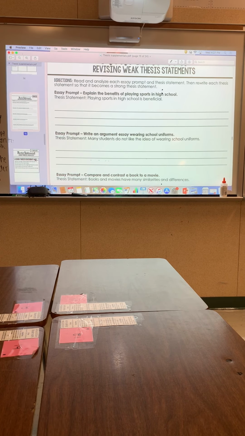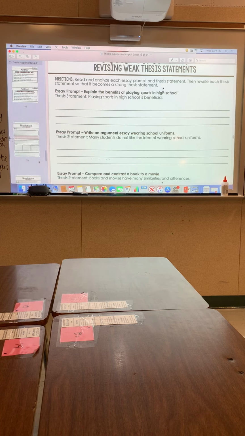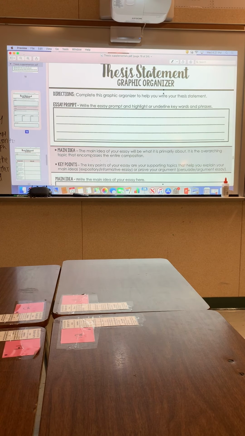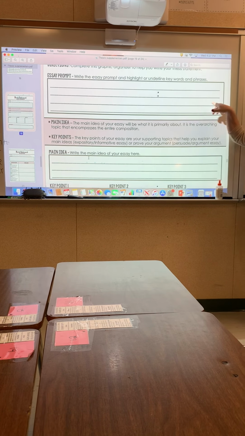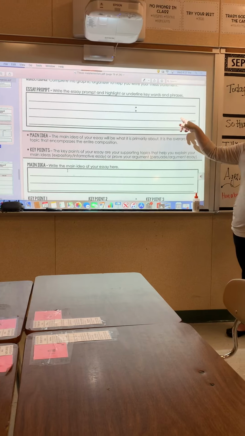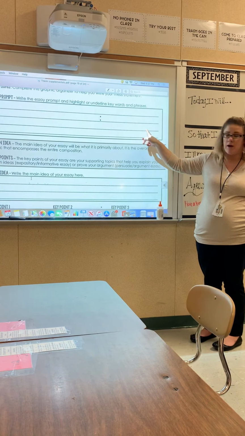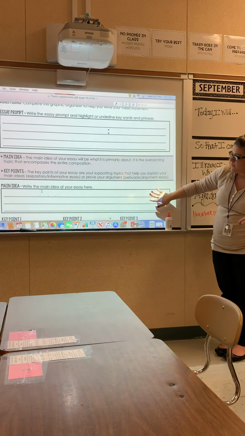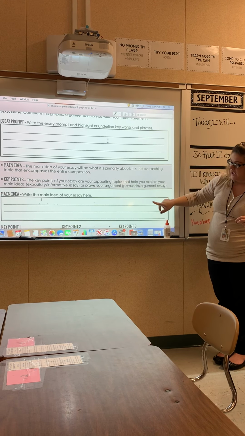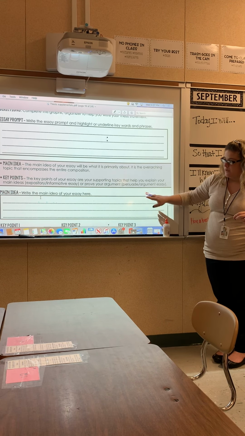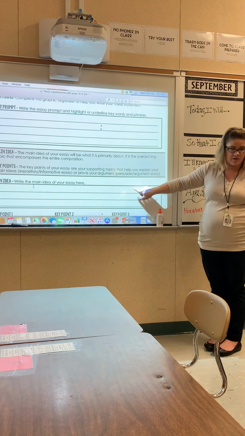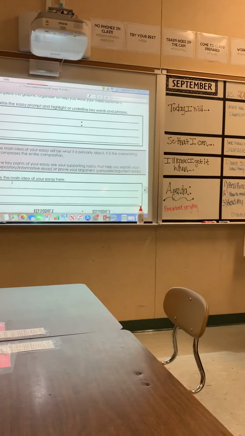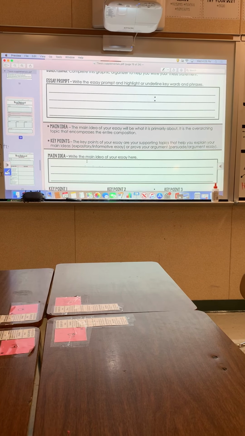And then this last page, these are the 2 important pages. Okay, the prompt was the one that went here. This was the one I gave you: Why is it important to be honest? That is our prompt. If you wrote about something else, that might be why you lost points. Then for the main idea, we changed that to say, it is important to be honest because ... That's all that needs to go in here. Then you're going to list 2 reasons why.